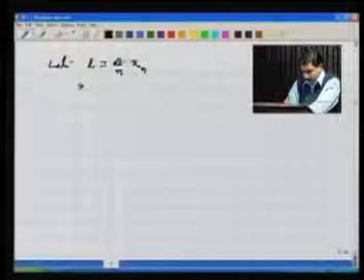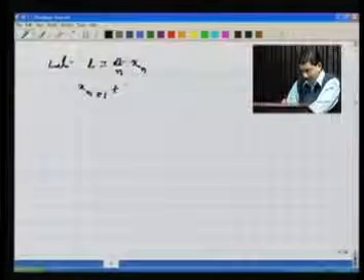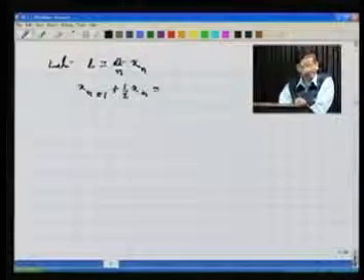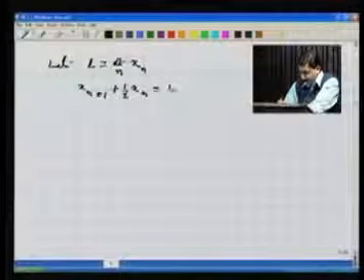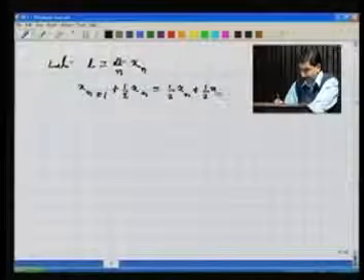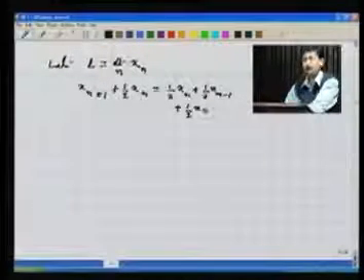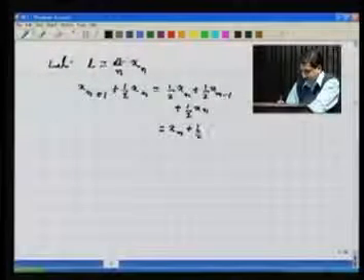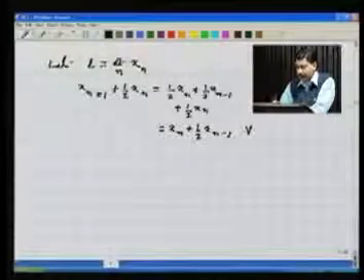Now what I do is, to xn plus 1, I add half xn. What do I get? Well, let me just write down the definition of xn plus 1 again. This is half xn plus half xn minus 1. Now I have added an extra half xn. What I get is xn plus half xn minus 1. And notice that this is true for all n.